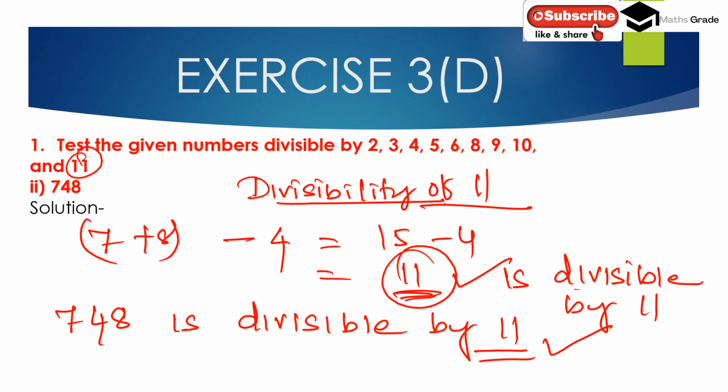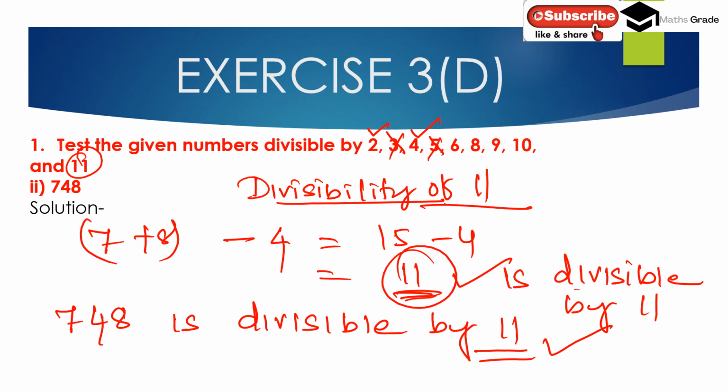So here we find that the number 748 is divisible by 2. And 748 is not divisible by 3, because the sum of digits is 19, which is not divisible by 3. And the last two digits of 748 are 48, which is divisible by 4, so the number is divisible by 4. And the last digit is 8, which is not divisible by 5, so the number is not divisible